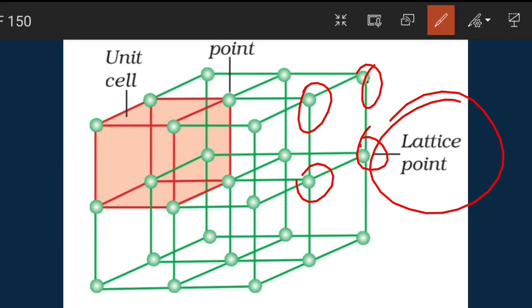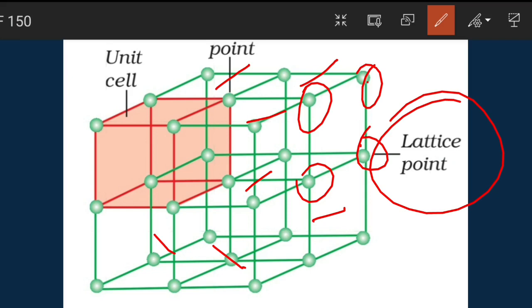In that crystal lattice, if you consider the smallest portion, you can see that smallest square, denoted in red, is the unit cell. Here also there is a square, here also there is one, here also, like those games where you count the number of squares in a given image. So there is one smallest portion, and that is called the unit cell. That smallest portion in a crystal lattice is the unit cell.